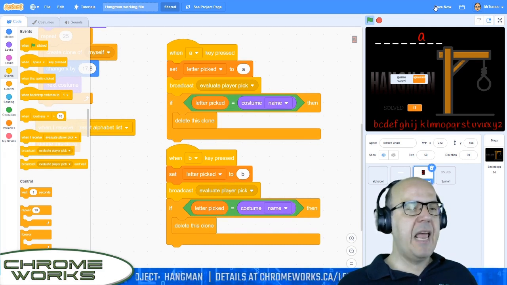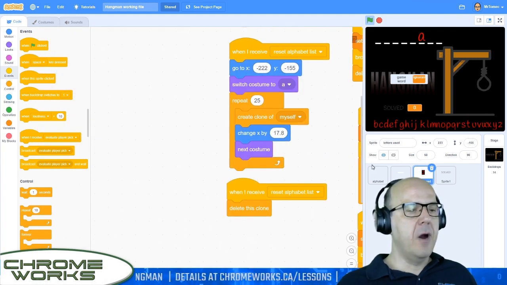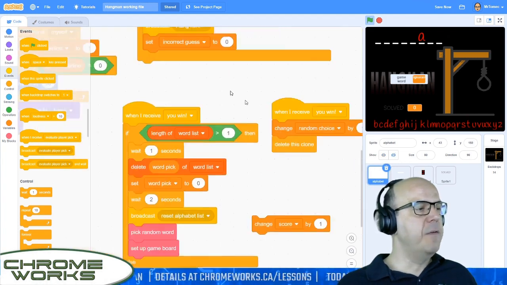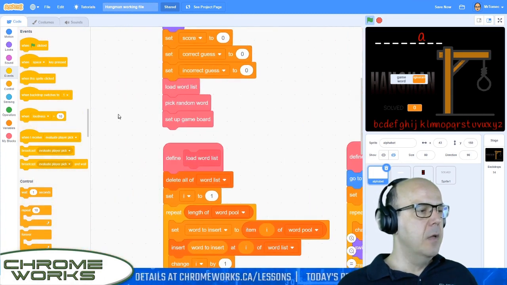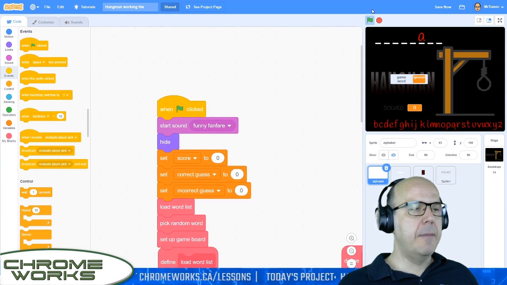Please remix this game, change the graphics around, do something cool with it, add some cool sound effects. Oh, I forgot to tell you, by the way, at the beginning, let's make that goofy sound play as well. So right under the green flag here, we're going to start that funny fanfare, and that's going to be part of us